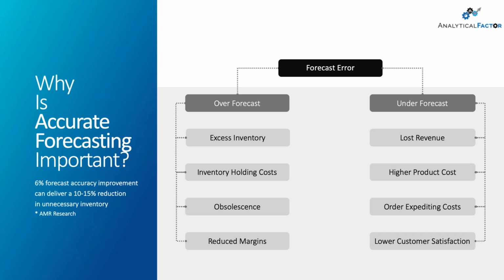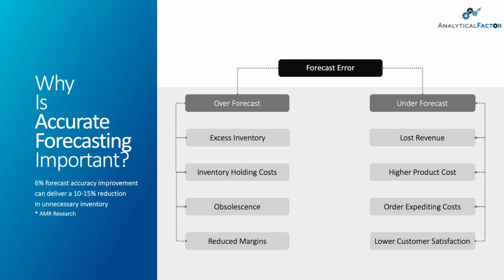And then within the forecast error, and I think the slide speaks for itself, are we going to have challenges even if we are over forecasting and we are under forecasting? Yes. Many times, especially for CPG, we want to be over forecasted, but we don't want to be too much over forecasted. Over forecasting can lead into inventory holding costs, obsolescence, and basically reduced margins. Whereas under forecasting, we're going to directly lose revenue, right? And then bottom line, under forecasting, we're going to have lower customer satisfaction, which nobody wants. No organization I know wants to lose customers.